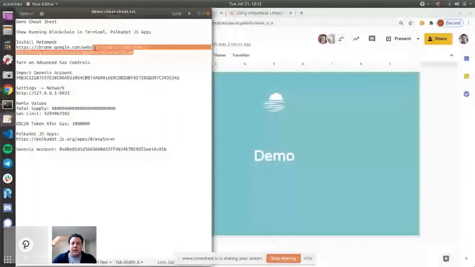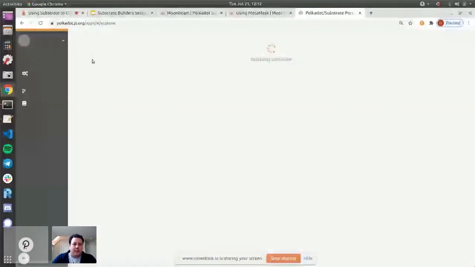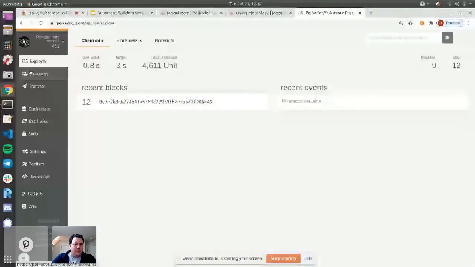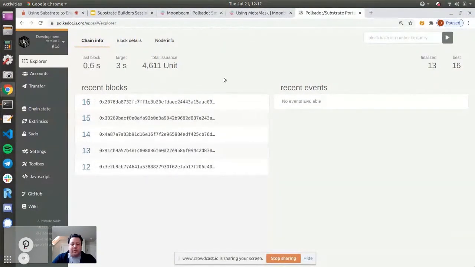One thing I'll do up here is pull up Polkadot.js apps, and you can see it's defaulting to connect to my local development node. It's detecting these blocks as they're being produced, just the regular standard Polkadot.js apps.